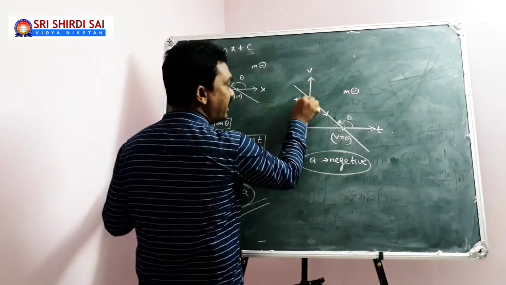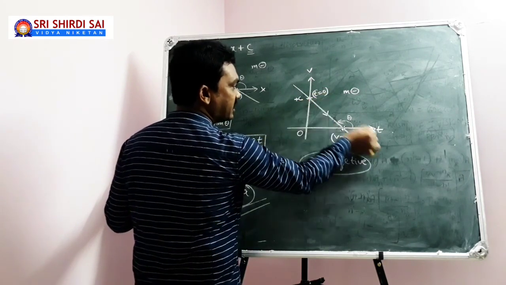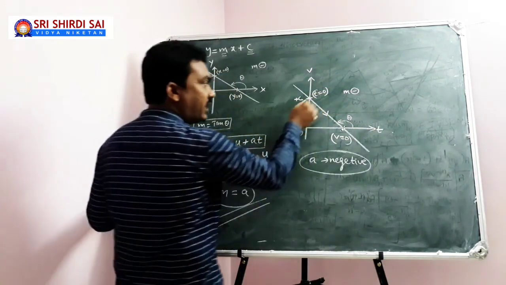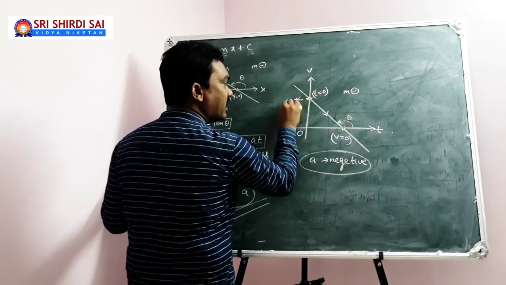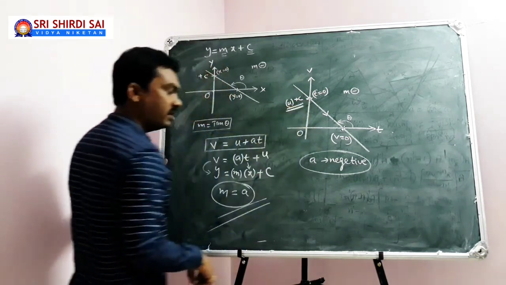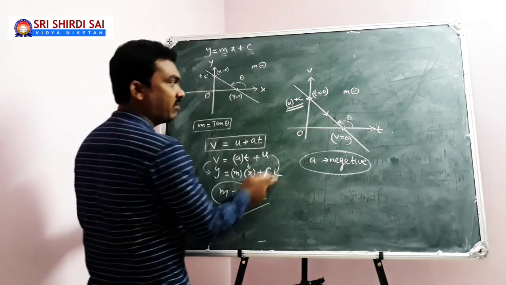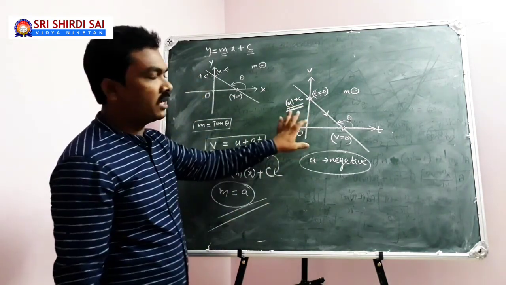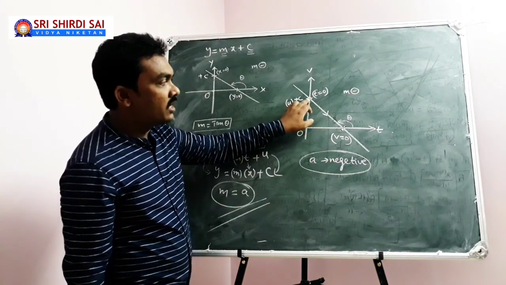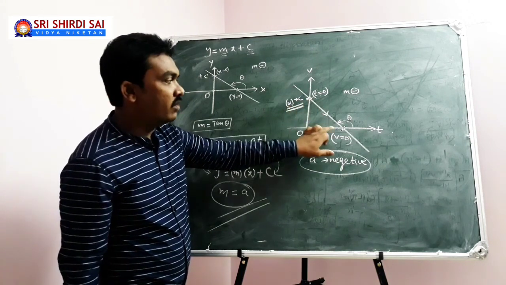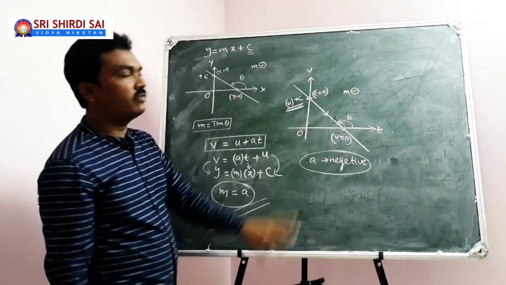But you see, at the y-intercept, x equal to 0 means time equal to 0, because on the x-axis you have taken time. At t equal to 0, whatever the velocity value, it is the initial velocity. Here u represents the y-intercept, that is, the initial velocity. So from this particular graph, you can say what the initial velocity of the body is, that the body is moving with deceleration, and at what time the velocity of the body becomes 0. Everything you can conclude from the graph.